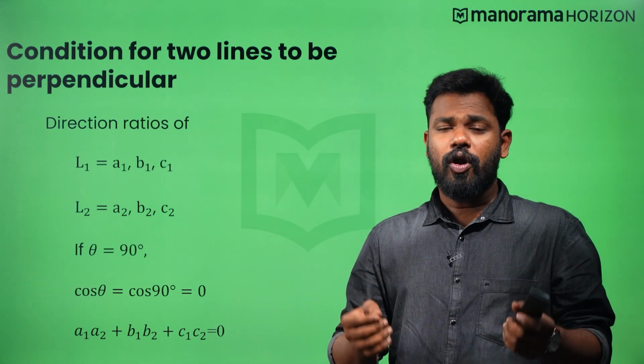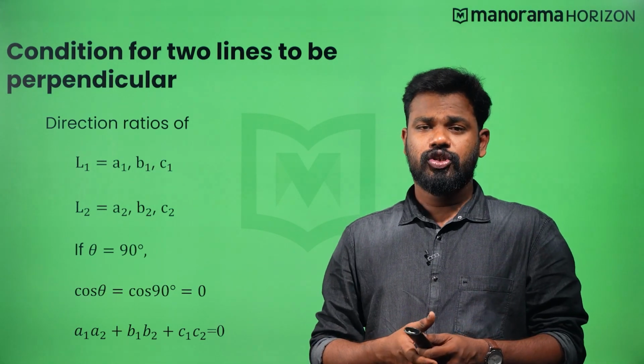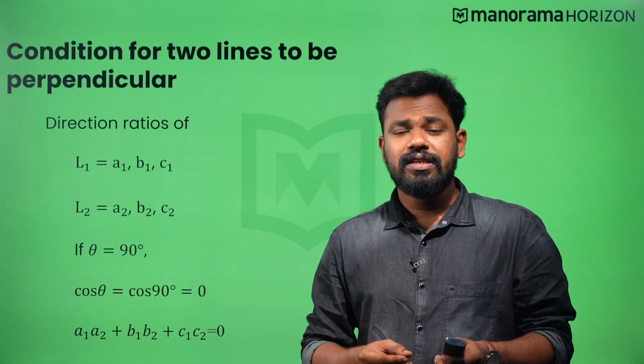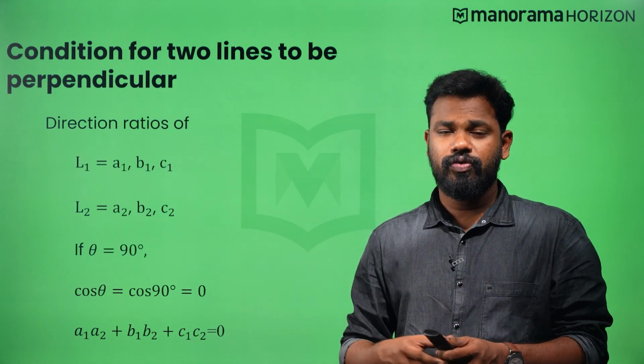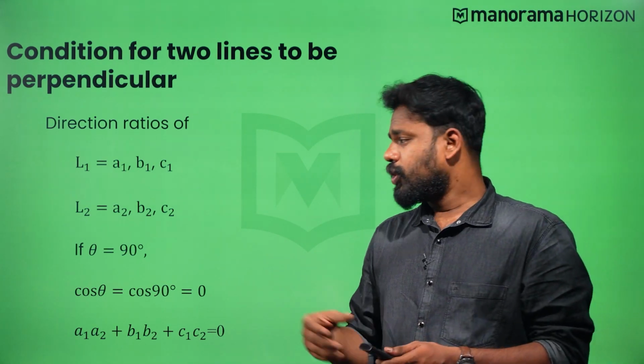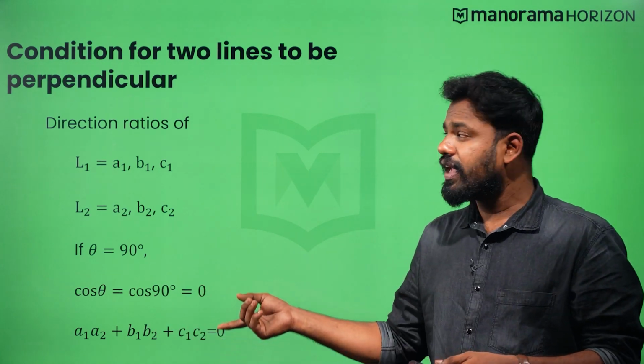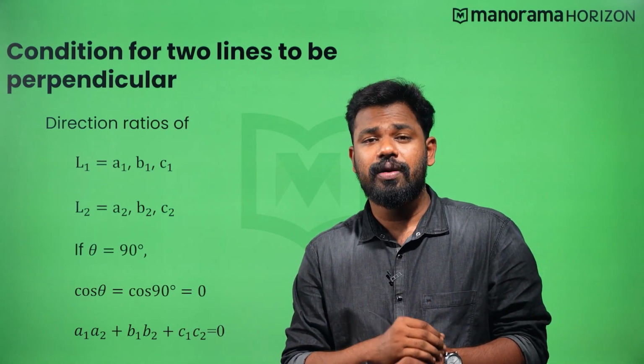That is, the sum of the products of the direction ratios will be equal to what? 0. So using that condition, if it is satisfied, we can say that the two given lines are perpendicular to